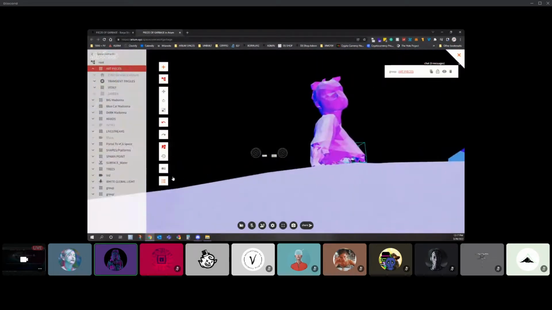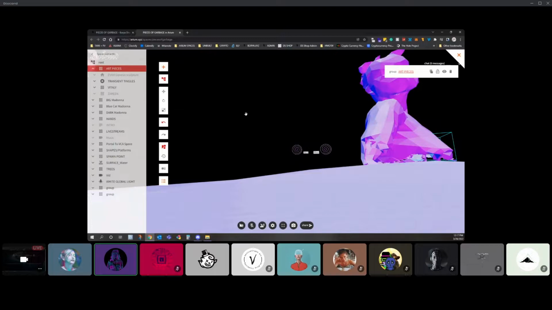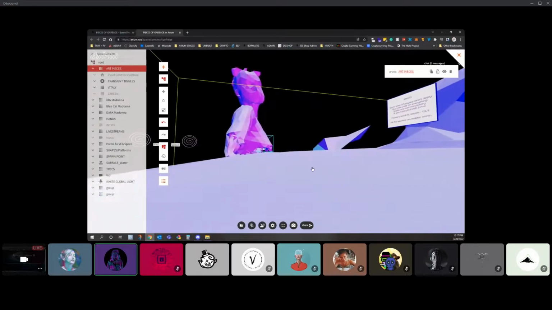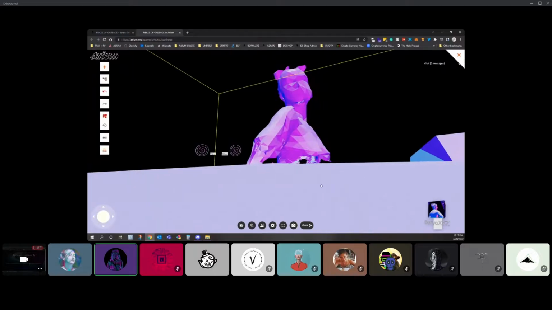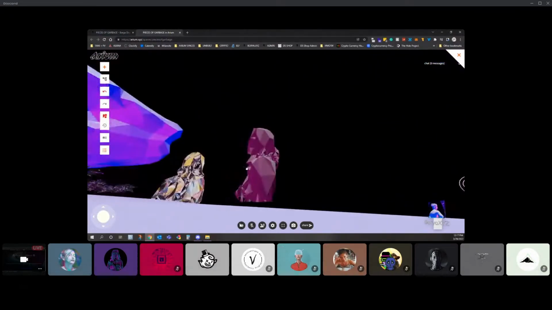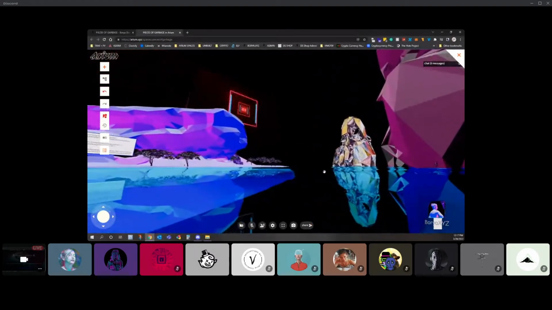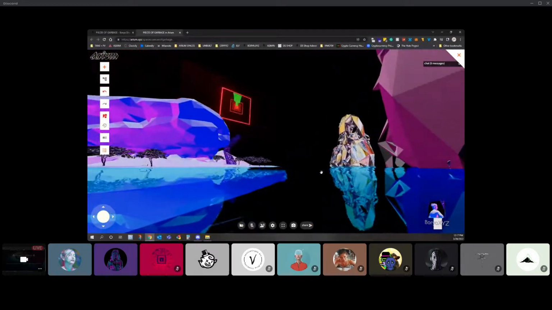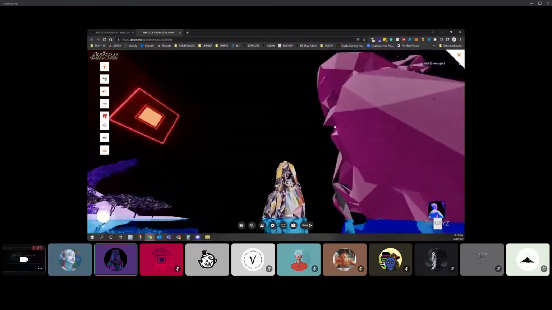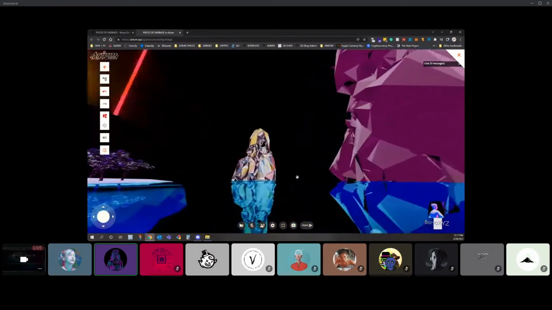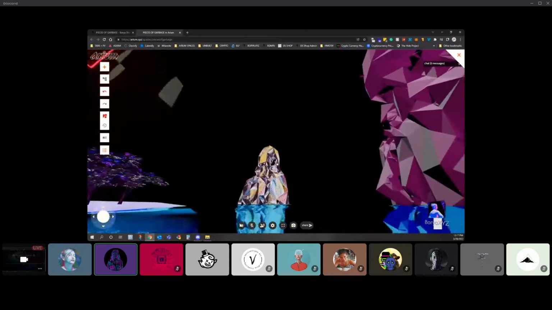Everything that's in a group you can move and reshape and resize and scale, all these options that you have over here. You can do them by a group, which becomes really great when you have a bunch of stuff in one space. And basically, the idea behind my space is to just be an endless space for creation. The way I've built these sculptures that you see is actually 3D scanning myself and